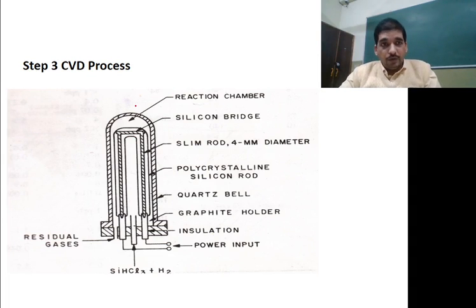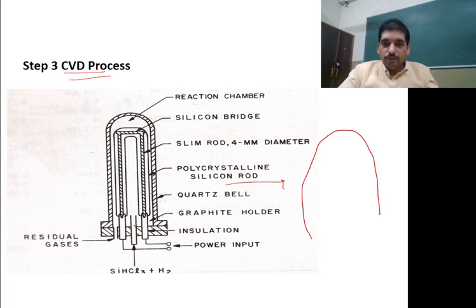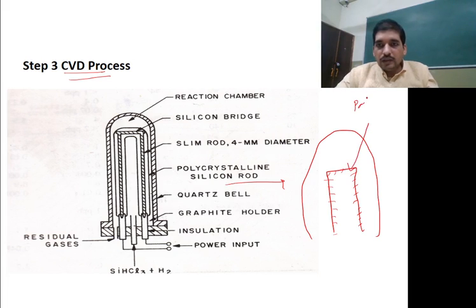The third step, the CVD process, is shown here. I am just redrawing this diagram so that you can visualize. Basically, we have a quartz tube, a tube-like structure, and inside it we fix a rod. This is a rod which I am just drawing, and this rod is made up of polysilicon. This is the polysilicon structure which we already have, and we are putting a rod of polysilicon inside this